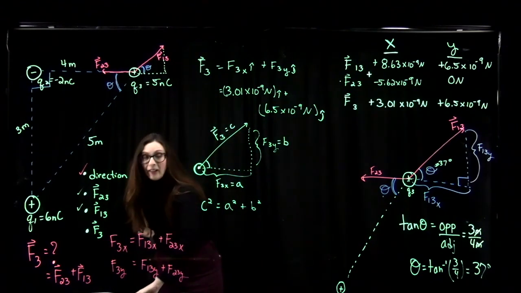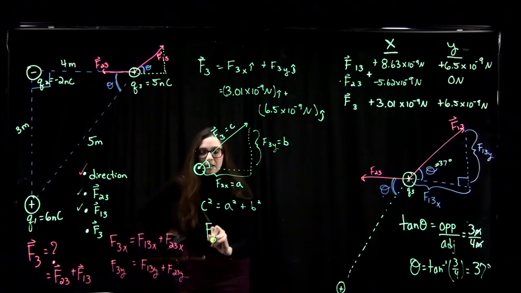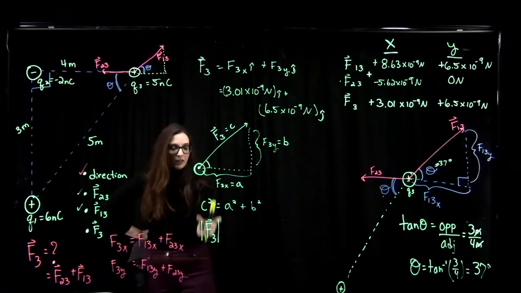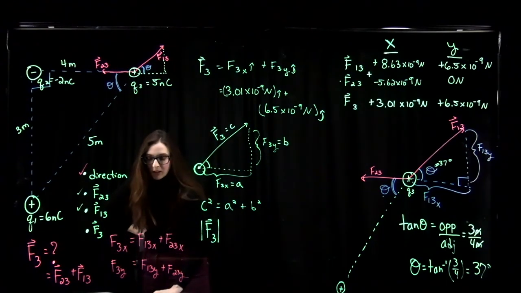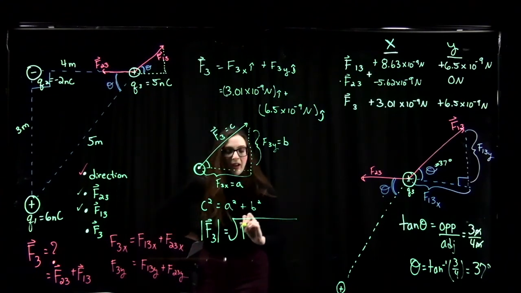Then to get the magnitude of F3, we can draw these little vertical lines around it, which means the magnitude, just the size, and it will equal the square root of F3x squared